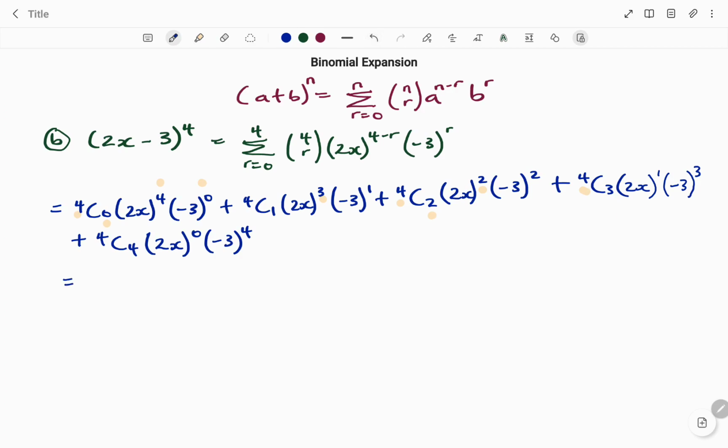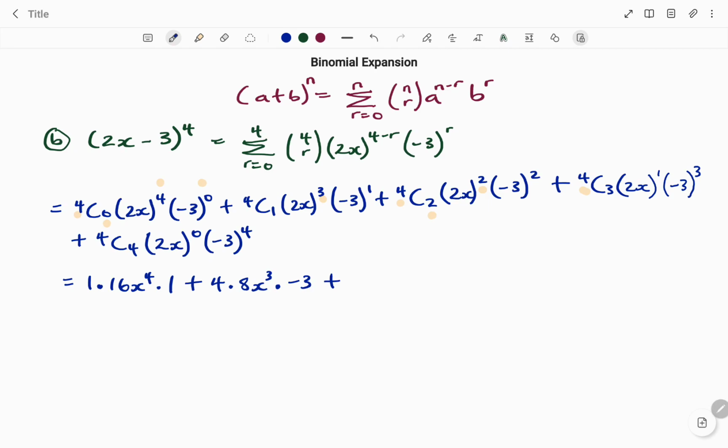So that's equal to 4 combination 0 will give us 1. Multiplying, my dot is multiplication. 2x to the power of 4, that will be 16x to the power of 4 times any number or variable to the power of 0 is 1, so that's times 1. I'm done with the first term. Then I have 4 combination 1, that will give me 4. Then I have times 2x to the power of 3, that will give me 8x cubed, times negative 3 to the power of 1 is negative 3,